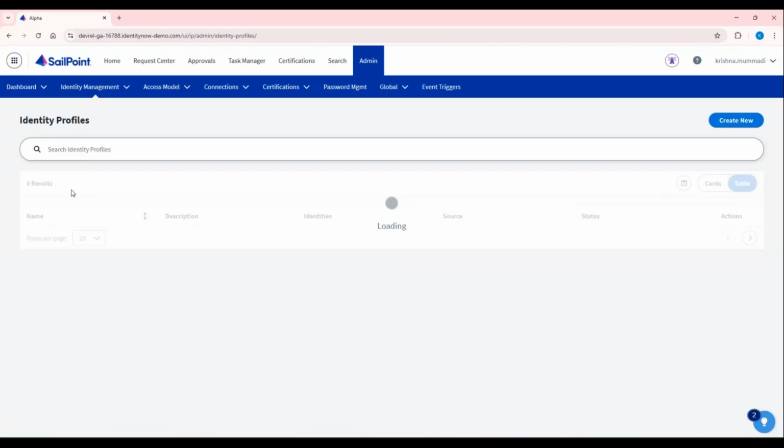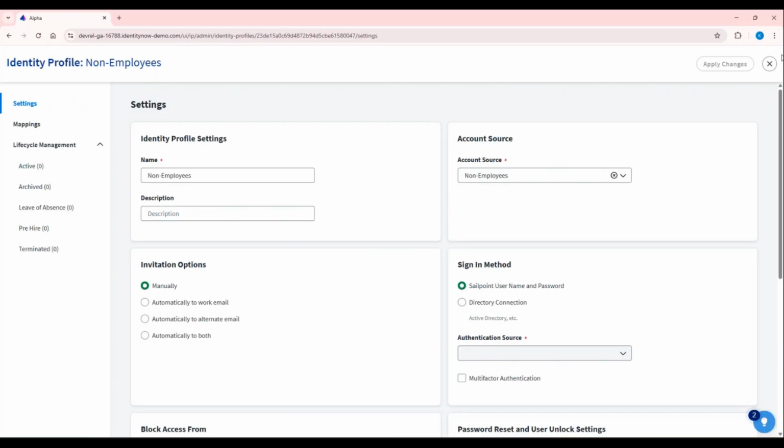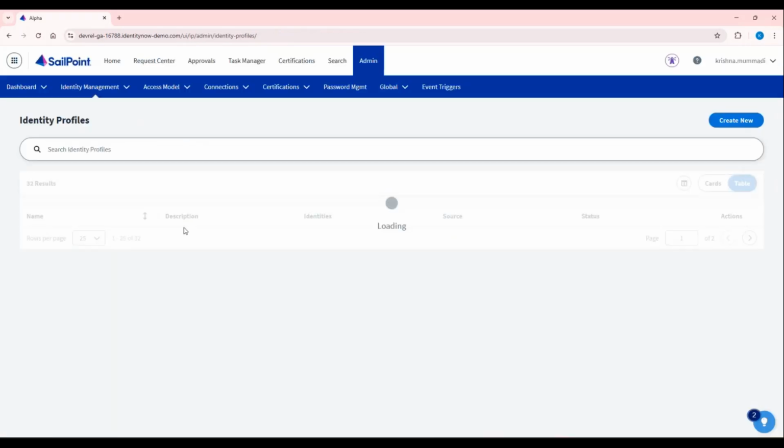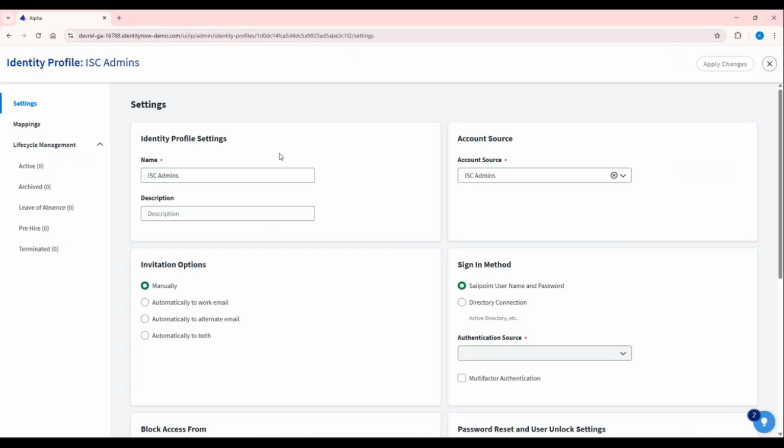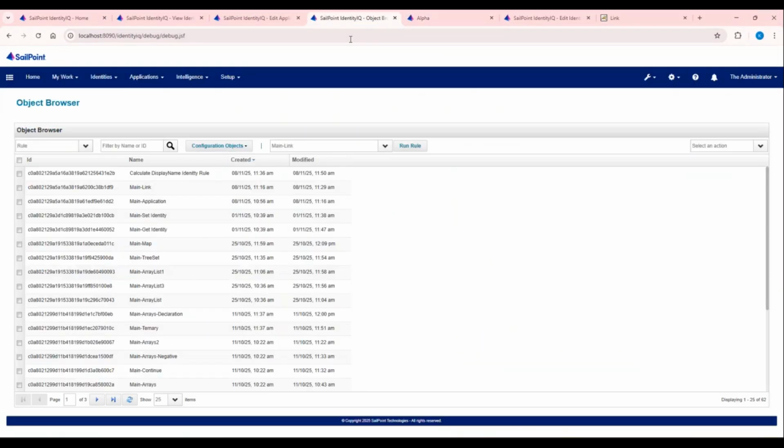If I go to non-employees, for example, I don't have any data. Let's say as admin. I told you, if you go to how you create identities in IdentityIQ,